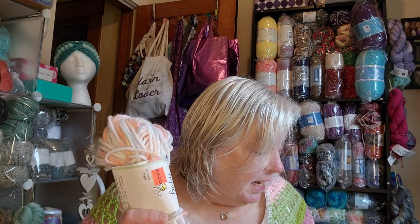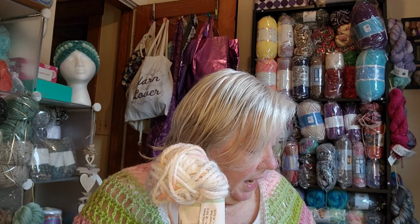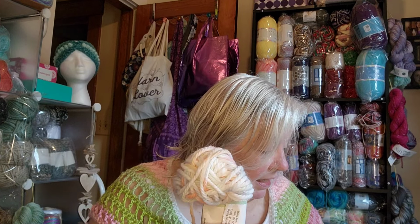So this yarn is the Dots yarn that I made that knit blanket out of. I have a little bit left in this skein, a third maybe. There's like 100 yards in it, 110 yards. So there's probably 30-ish yards left in here. And then I had 2 more skeins still that I didn't use. So these, the way I do my yarn, this isn't going in the scraps because it might be just enough to finish a project, right? So back in the bag. Don't mind the crinkle. Means I'm playing in the yarn, and I like playing in the